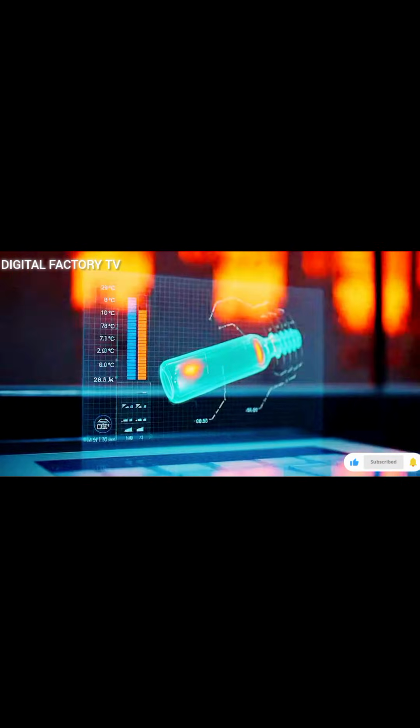Transparent PET preforms glide toward the furnace, where layers of infrared panels flood them with even golden heat. Macro reflections show surfaces shimmering like liquid crystal as temperature